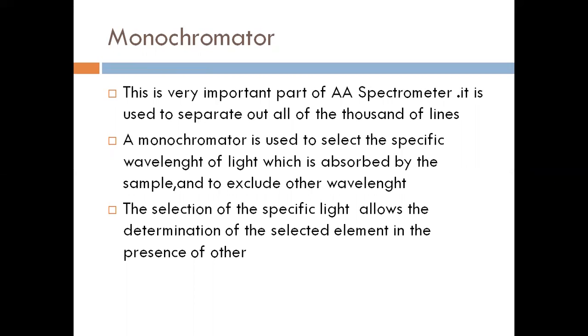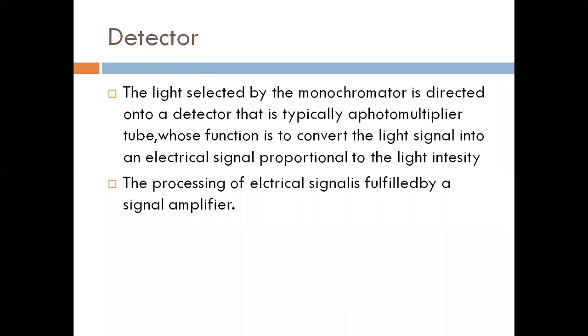The ideal distribution of monochromator output is triangle shape. So the selection of the specific light allows the determination of the selected element in the presence of others. So next one is